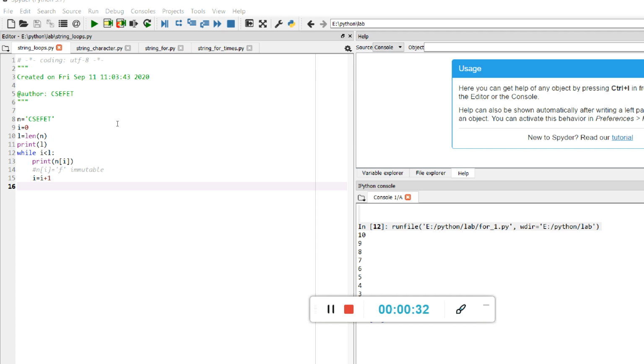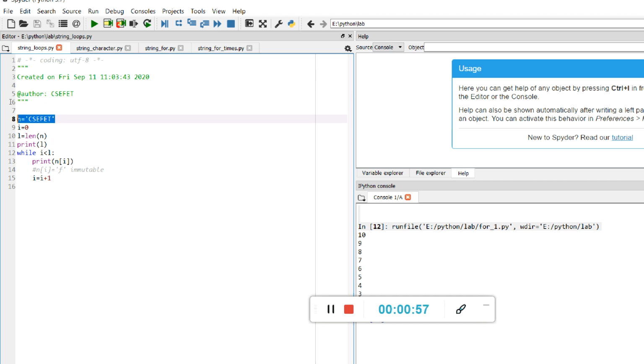So first we'll make a small program where we'll be accessing a string using a while loop. Then we will use the for loop to access the string. Then finally we'll make a little bigger program where we can do some computation on the string using the loops. So let's start. For example, I've already written the program over here.